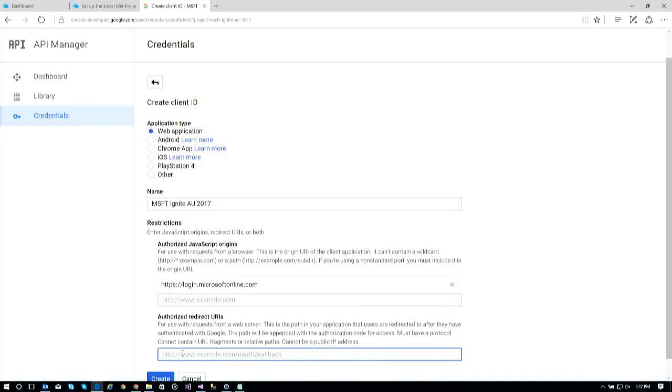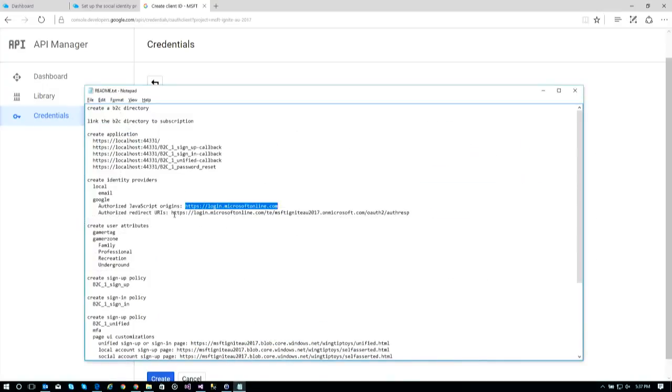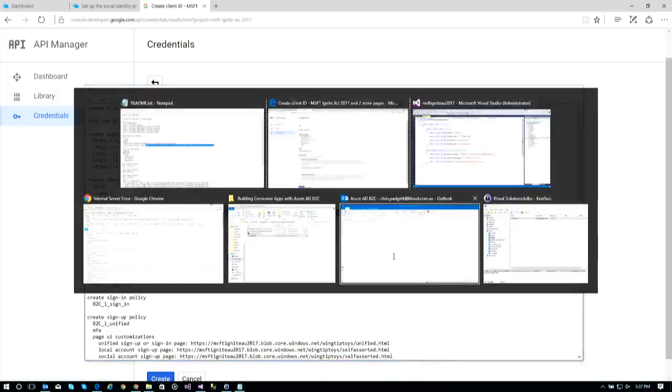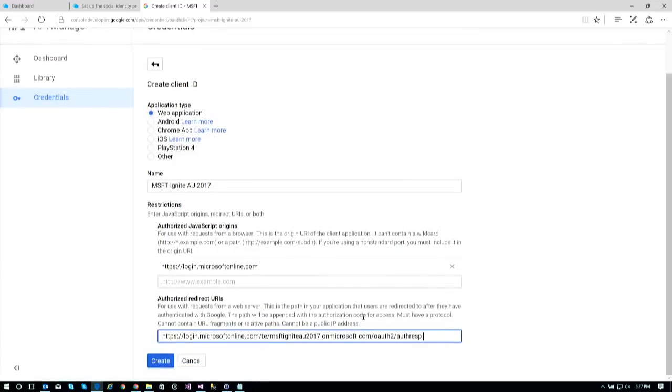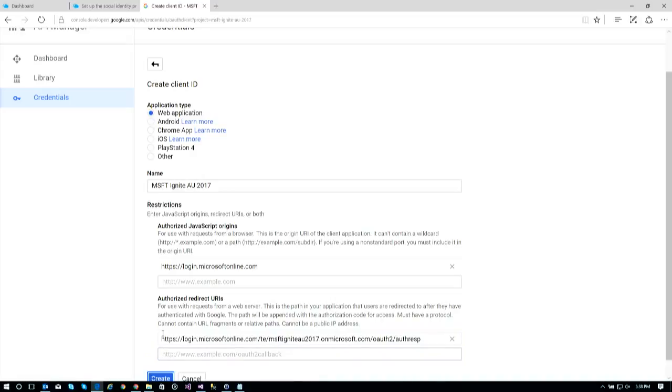And then a redirect URI to which Google can issue security tokens to my B2C tenant to sign a Google user in, right? So this will be specific to my B2C tenant. So it's this one here. Hopefully you can see that. It's right at the bottom of the page, unfortunately. But this authorized redirect URI includes my tenant name. Okay, could be a tenant ID as well, the tenant name. And if I click create,